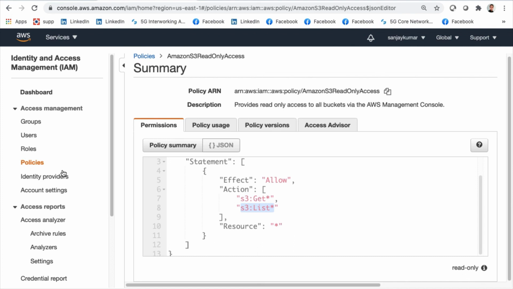Policies are JSON documents, and they define what authority is available for that particular user, group, and role. One user can be a part of multiple groups, and one group can also have multiple users. At the same time, groups, users, and roles can have multiple policies assigned to them. It's not that they can have only one policy.